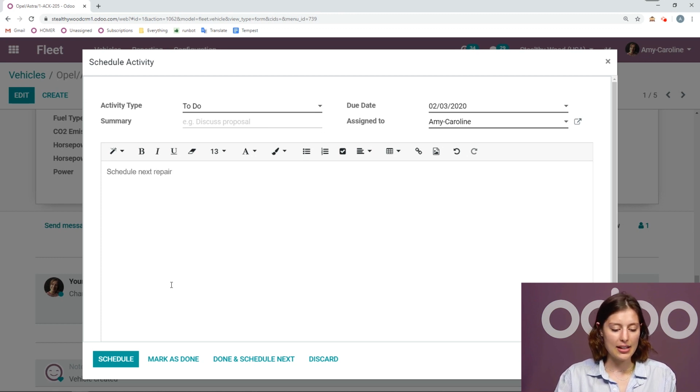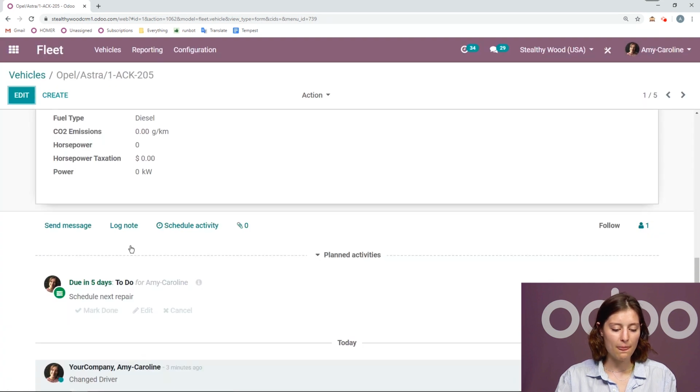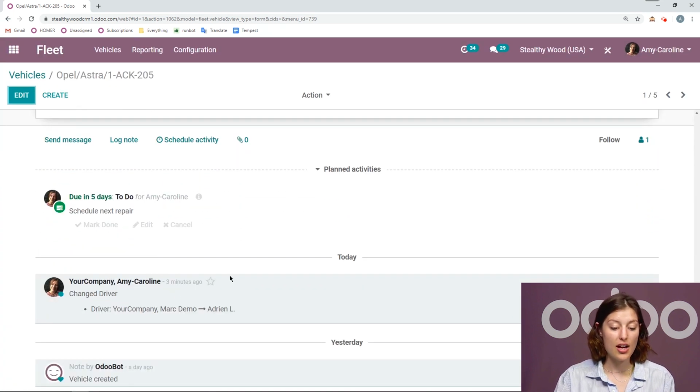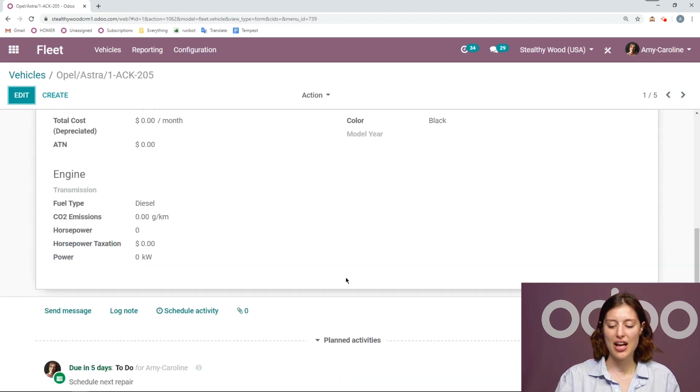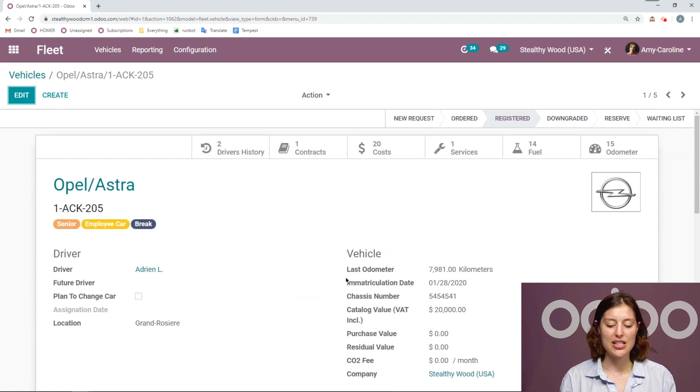Okay, and then I can click on schedule. All right, and I know that I have to do that for myself. I also know that I was the person who changed the last driver from Mark Demo to Adrian. Okay, so I can keep track of these details as well from the chatter, which is super cool. All right, but now that we've seen all of these possibilities on the vehicle form, and there are many, let's